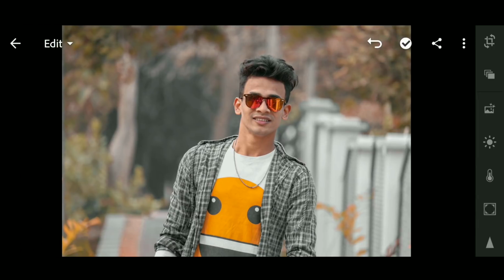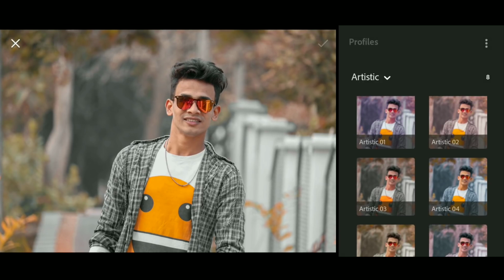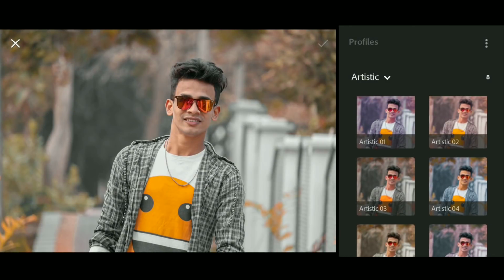Now what I am going to do is the most important step, so just watch it very carefully guys. All you need to do is go to this color profile icon, and scroll down a bit. Now as you can see the artistic panel, so click on the artistic panel just like here, and choose artistic 03.